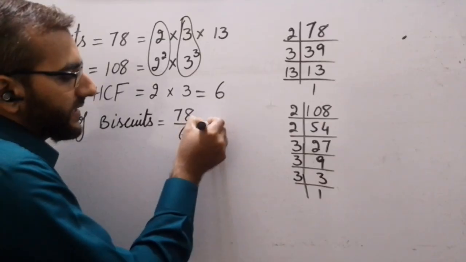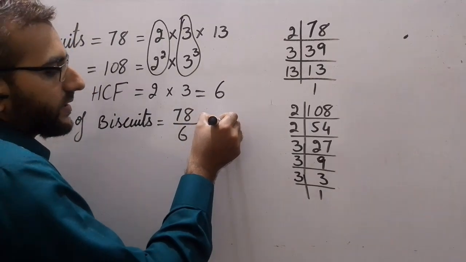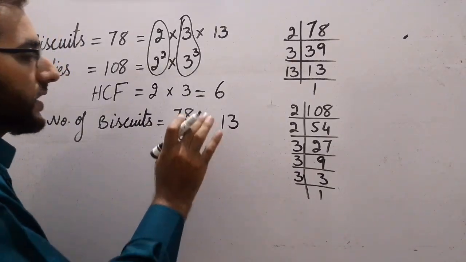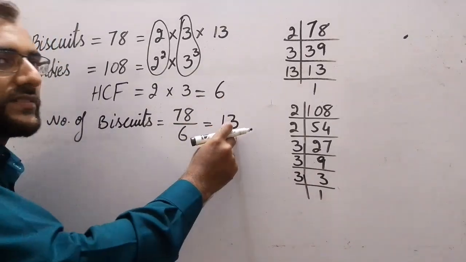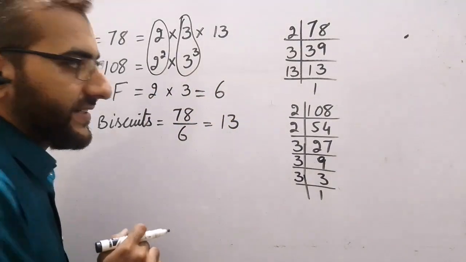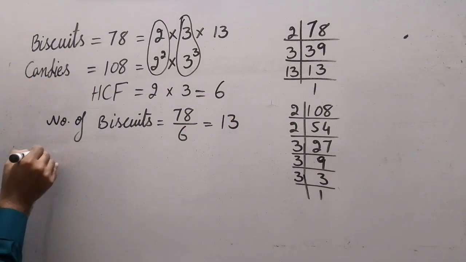So we can divide, which gives us 6 1s and 6 3s. Means 13 biscuits can be packed in each of the 6 bags, and for the number of candies,